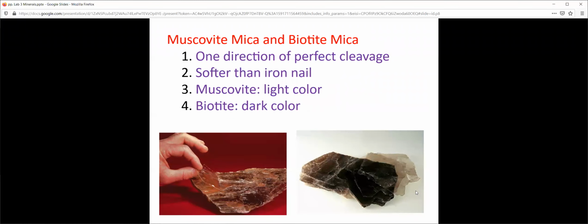Biotite and muscovite micas. This is the paper I was talking about. You see that guy literally lifting up a sheet of mica, because mica sheets out in that way. Very soft. You can look straight through it. It's transparent. That's cool. And again, in class, I'd give you a piece of mica to play with so you'd understand a bit better. Hopefully, when we get to the lab for this week, you'll be able to experience some of this.